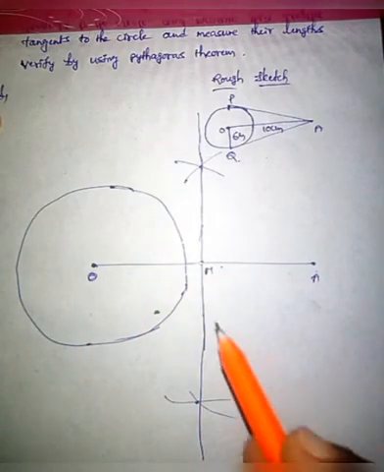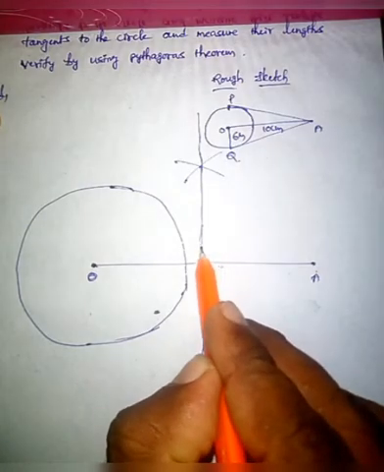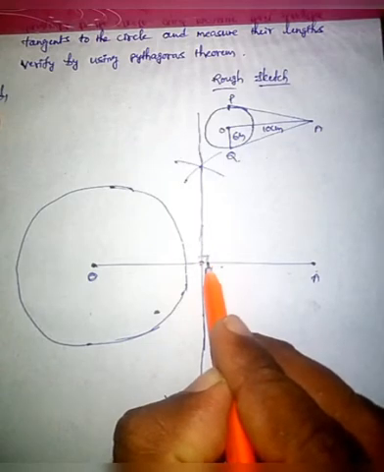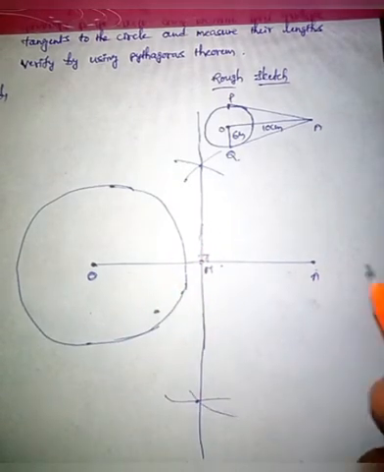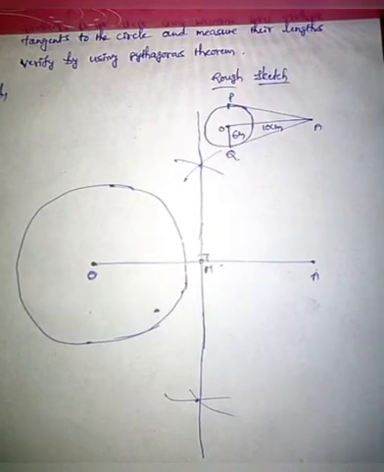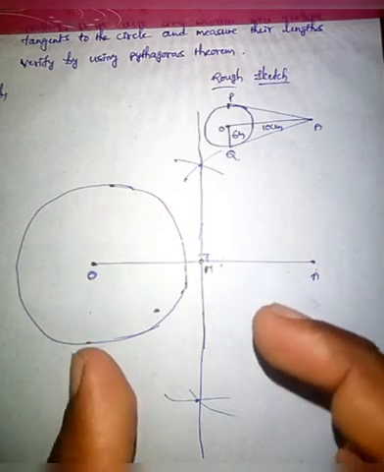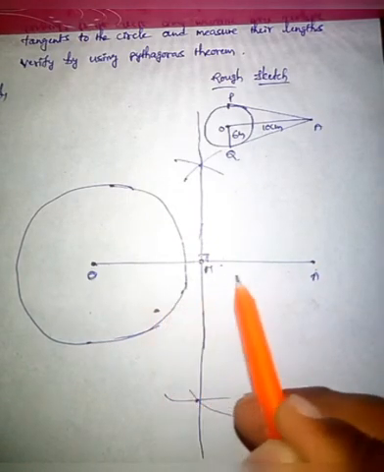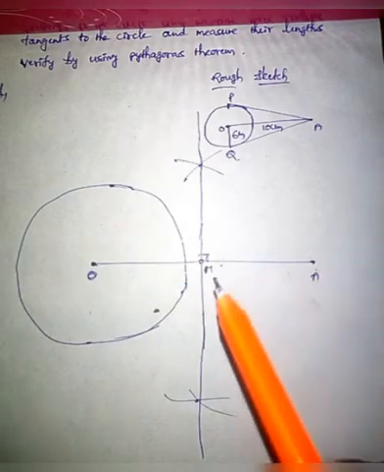So as I told you, this is the perpendicular bisector. If you measure the angle between this line and this line, the angle will be 90 degrees. That's why this is the perpendicular bisector. Okay, for drawing the perpendicular bisector of any line, you have to select the radius which is greater than the half of the length of the line, and less than the actual length.